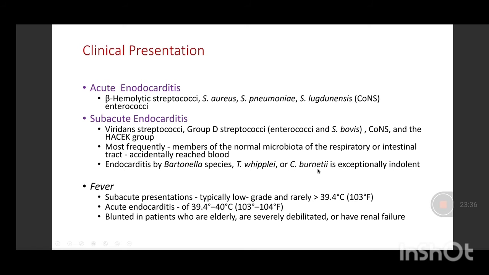Endocarditis by Bartonella, Coxiella burnetii and Tropheryma whipplei is very slow, because these are slow growing organisms, so the endocarditis is indolent in nature in its evolution. The common feature for all kinds of endocarditis is fever. The only difference is in subacute endocarditis, which comes up slowly, the fever is generally low grade, less than 102 to 103 Fahrenheit. Whereas in acute endocarditis, fever is typically very